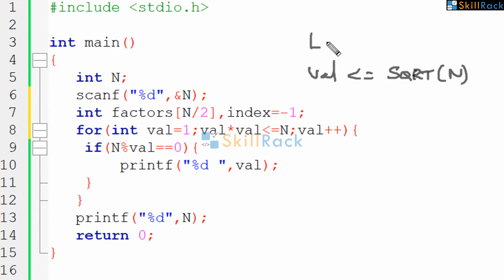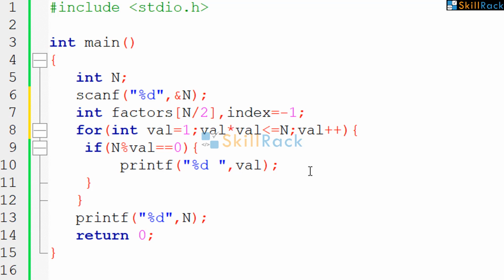So, this is LHS and this is RHS. So, square both. So, val star val is less than or equal to n. Because square root you are squaring, it comes n. So, that is what we have given here, right? So, that is the condition we have enforced in this loop. So, now we are printing the value, that is the factor, and the pair of the factor.